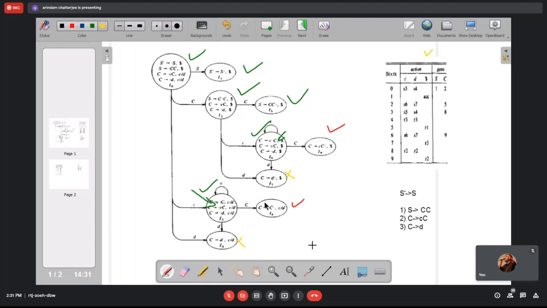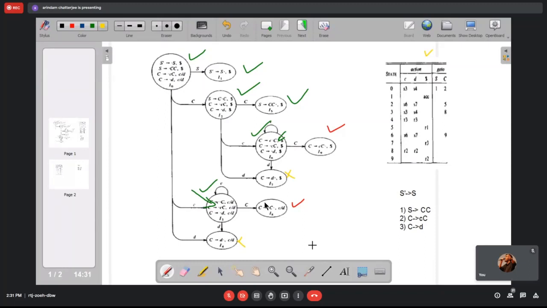These states correspond to the DFA diagram we have just done on the left-hand side. There are 10 states in all, from 0 to 9, and they have the action and go-to parts. The action part refers to the terminals and the go-to part refers to the non-terminals.